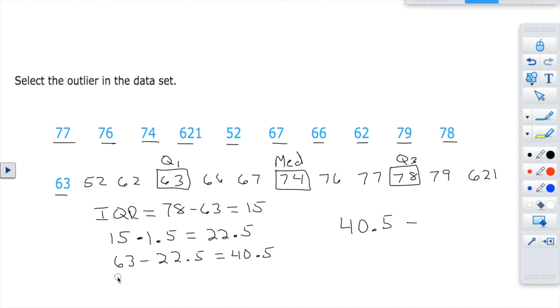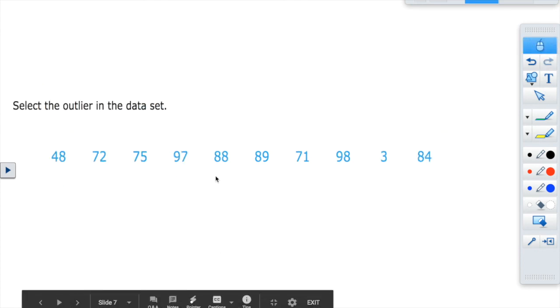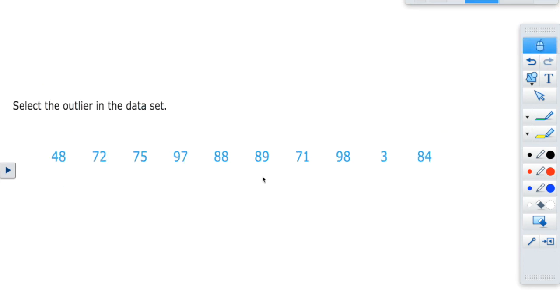Now calculate our upper fence, which is 78 plus 22.5. That's going to give us 100.5. Are there any numbers above our upper fence? Yes, as we discussed earlier, 621 is above our upper fence, well above. So that is our outlier. Again, we could put them in order and do the 5-number summary, but it's pretty easy to see that 3 is well below any of our other data points. That would be